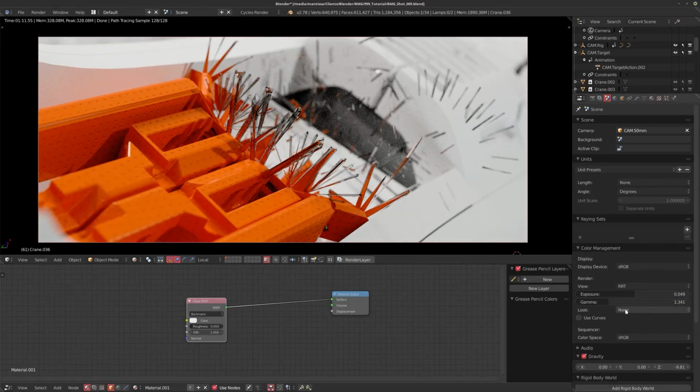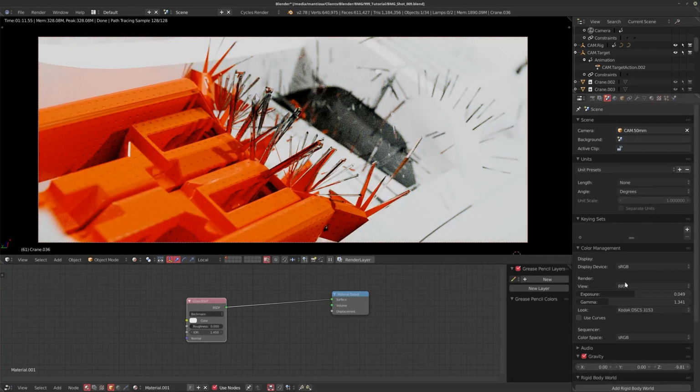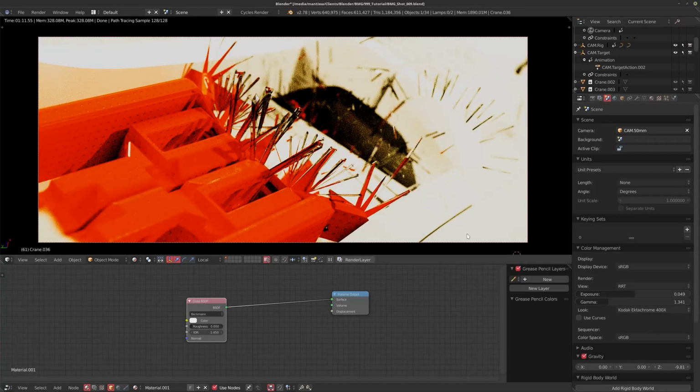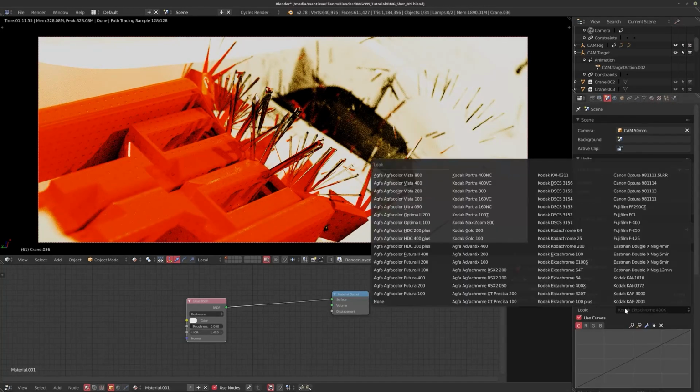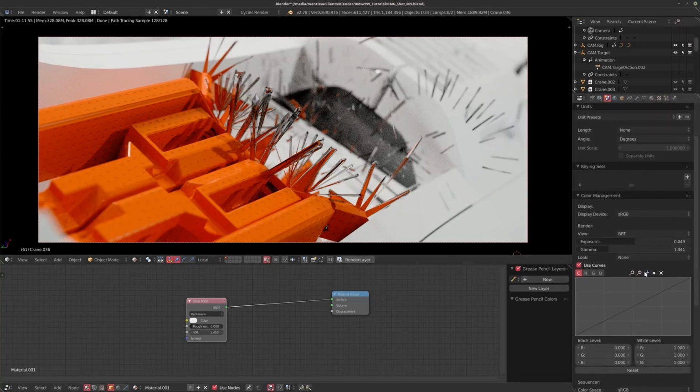Now, these looks as well, you can scroll through them. Again, these have a similar issue to the film color management here, where I find that sometimes you can get really weird clamped colors or you get really washed out stuff. And of course, if you want to use them, just use them if you get a really cool result. Nobody's stopping you. But generally, if I want to mess with the colors, I go over to the Curves tab and mess with the individual color curves.